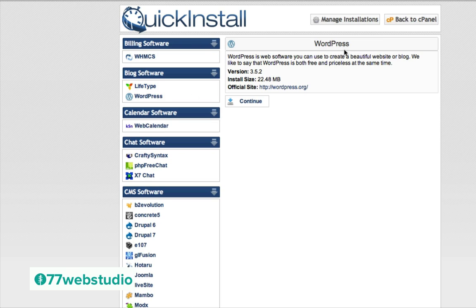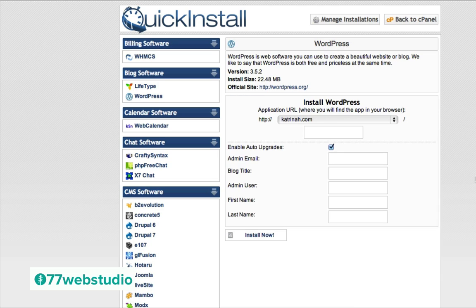So within the quick install screen right here on HostGator at the time of this recording, I'm able to install quick install version 3.5.2. Once we install this and we go into our WordPress website, from there we will update to WordPress version 3.6, because WordPress 3.6 is actually the most current version of WordPress at the time of this recording. So we're just going to install WordPress really easily using this quick install route. And then once we get into our WordPress in just a moment, I'll show you how to update it to version 3.6. So for the moment, just go ahead and click on Continue to continue the process.